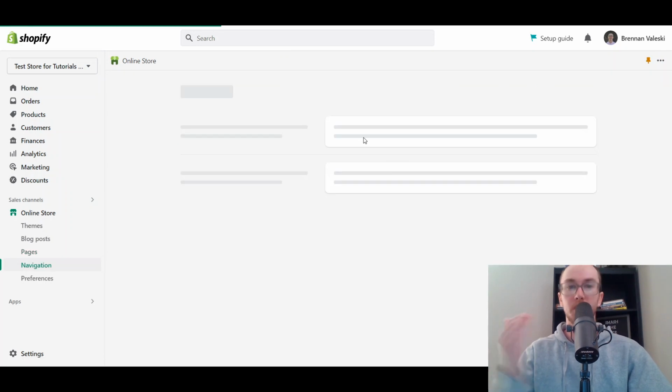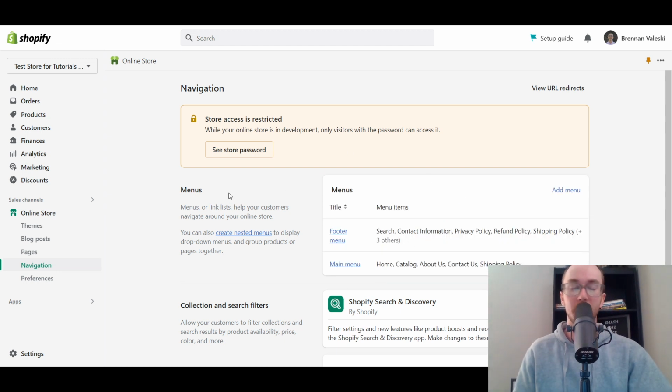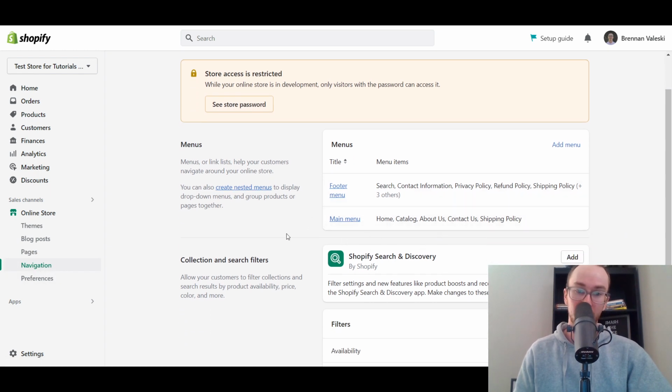Now, of course, if you don't have that little green box pop up, maybe you exit out of that page, all you have to do is go over here to Sales Channels, Online Store, and down to Navigation. You select Navigation, it will bring you up to this page here. Now, you can either add it to your footer